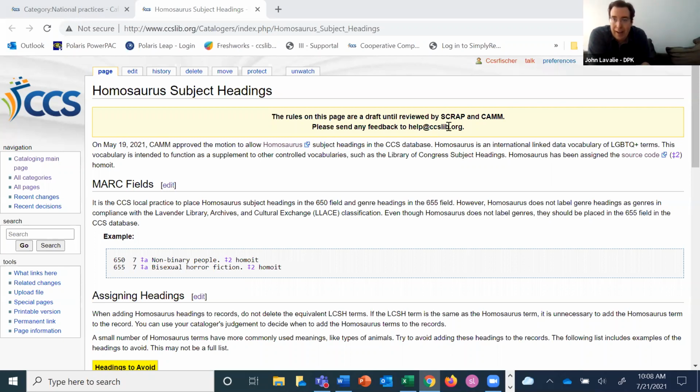And when we start adding thesauruses, if we're not all using them, then you get incomplete results. There's nothing wrong with that new heading, but if only a couple libraries are using it,